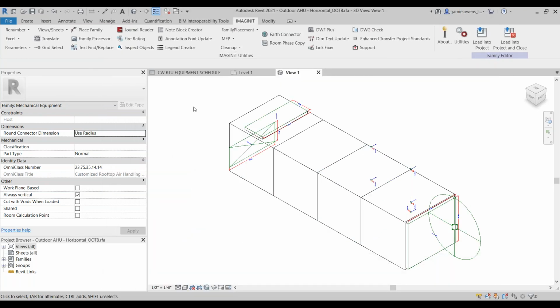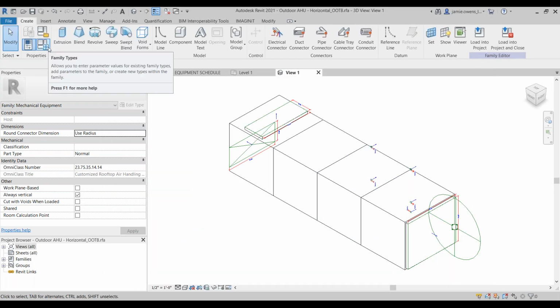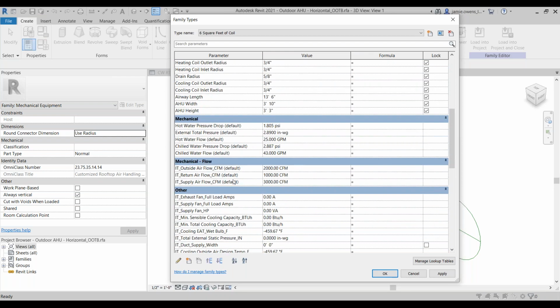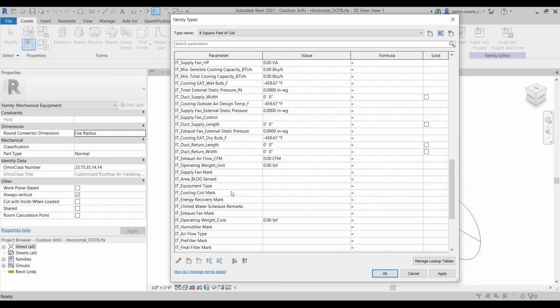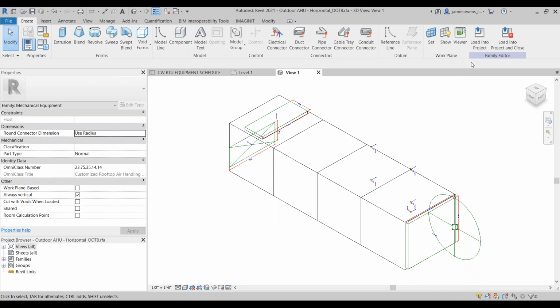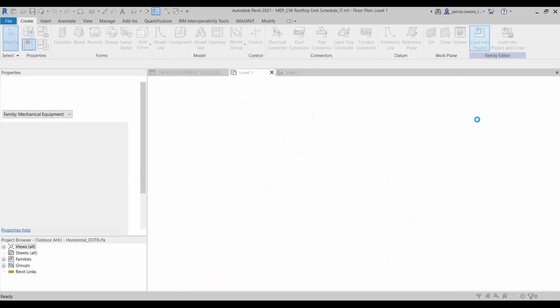Now I come in here and go to my create, my four blue squares, and you'll see it's added the additional information. There's the exhaust fan. Everything else I left under other, so it's all falling under other. That way we can see it all grouped together. But it's filling in all that information now. So now I can pick OK and load that back into my project,